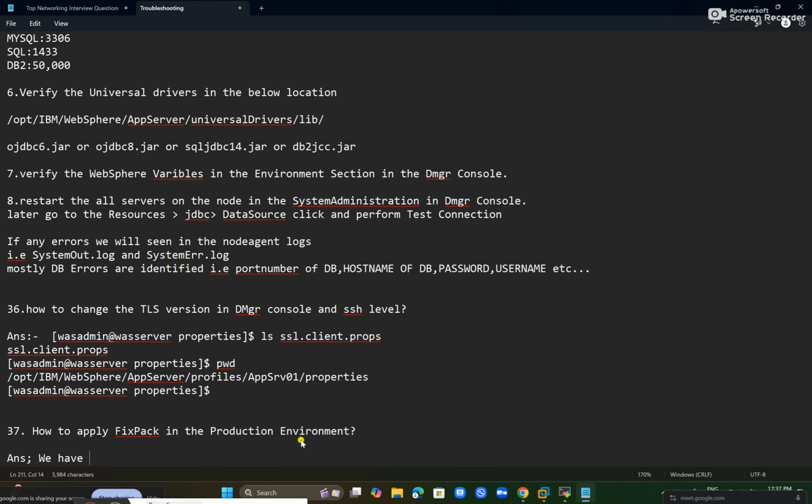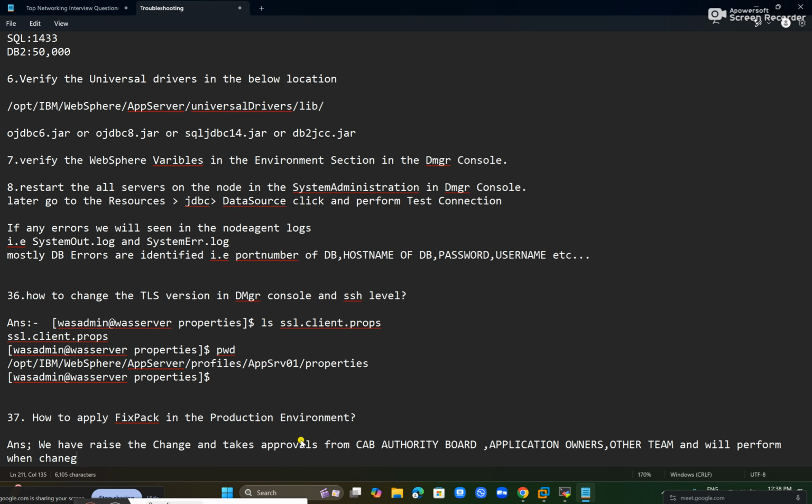We have raised the change window. We have raised the change and taken approvals from the CAB, the change advisory board, and the application owners and other teams. We will perform it when the change is in scheduled state,